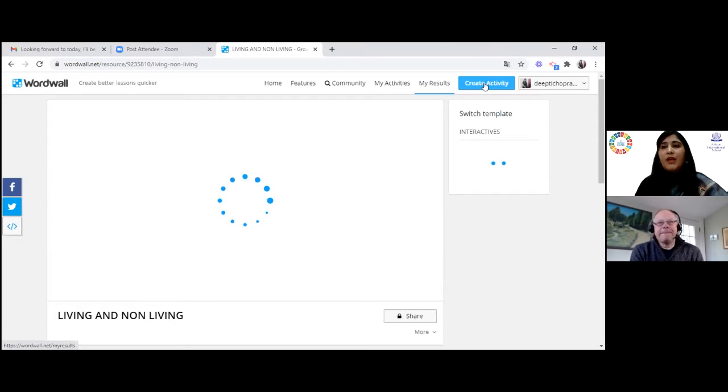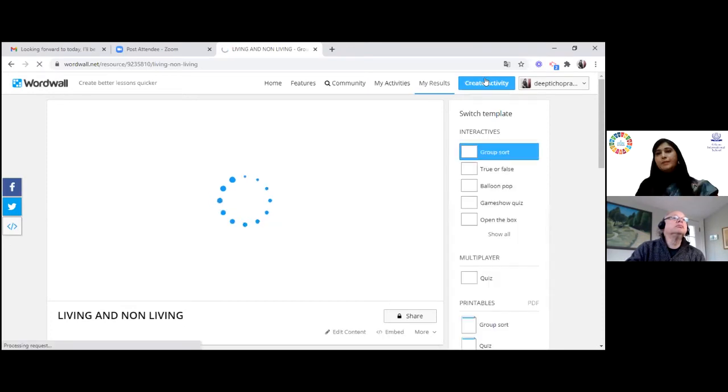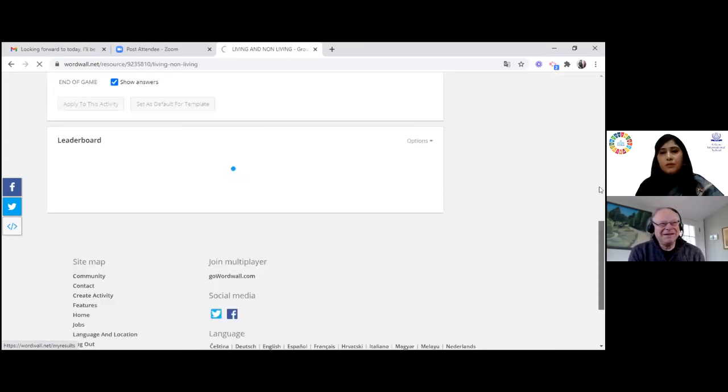We'll go and create one more game, which is label the diagram. I'm going on create activity. Once I go on create activity, I think the game will be visible now.